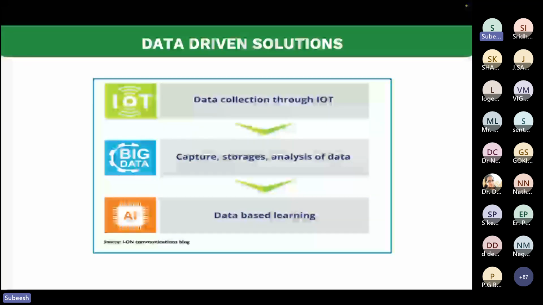So assume you're collecting data every day. A huge amount of data will come from those devices. That constitutes the big data concept. Like we have a huge amount of data, heterogeneous, with all the properties, and you have to handle it with some extensive storage. So you may go for cloud or any other solutions. We'll be capturing, storing, and analyzing that data.